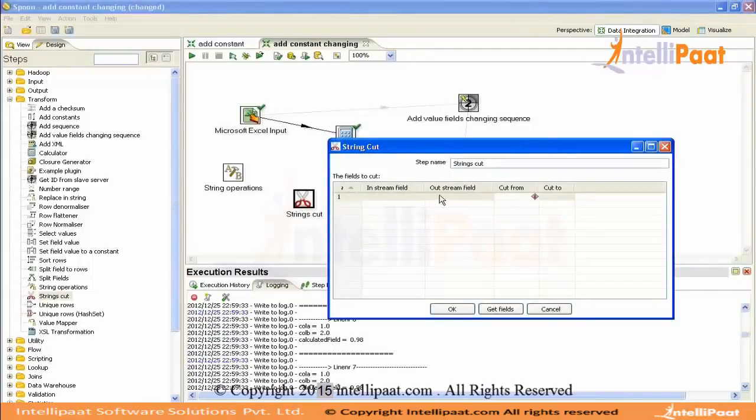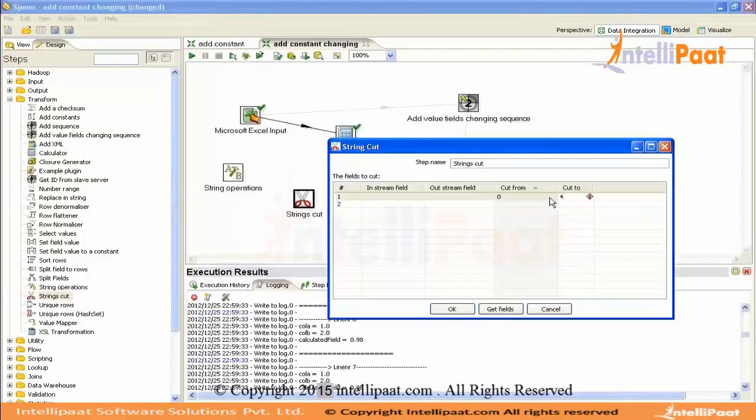What you can do is, you are getting the data as a stream. You can define the in stream name, the column. You can cut the data for the first 4 characters, cut from, that means starting from 0, cut the value up to 4. This is the way. And how you want to concatenate further, you can do all those things. If you put it from the opposite side, from the right side, then